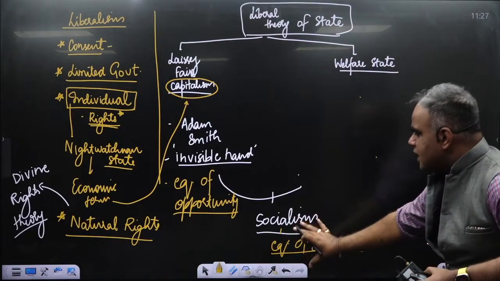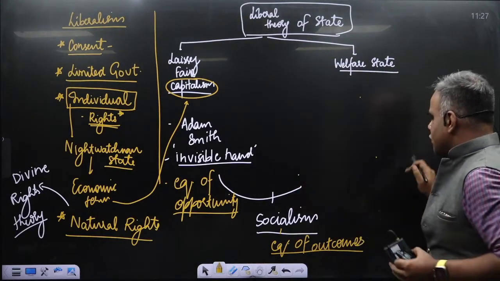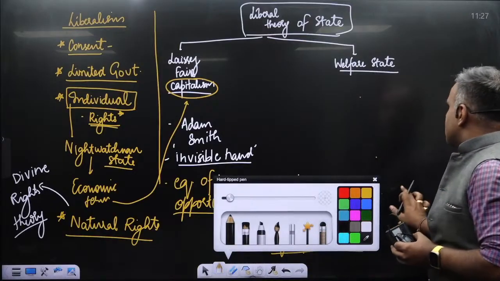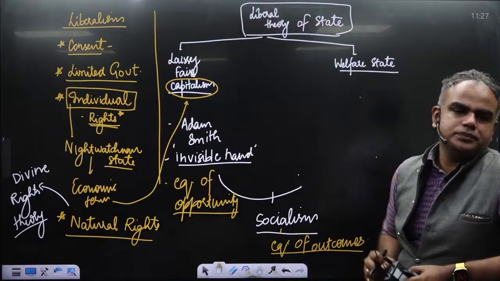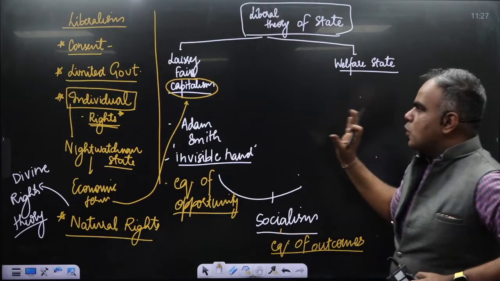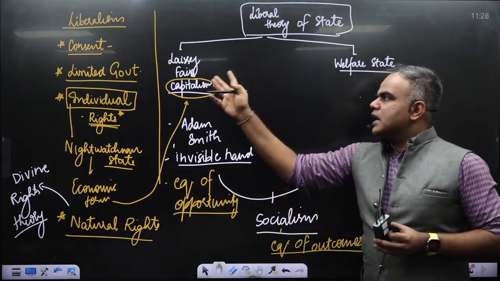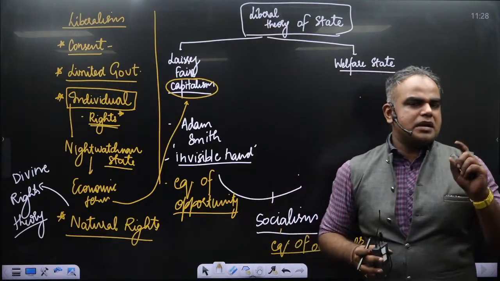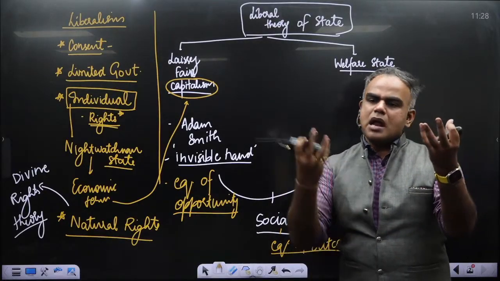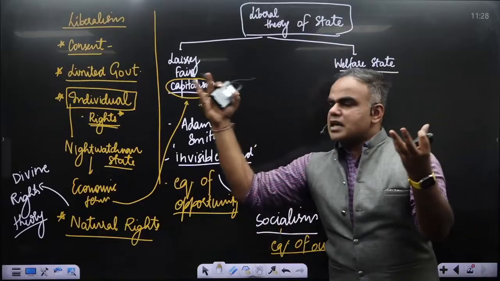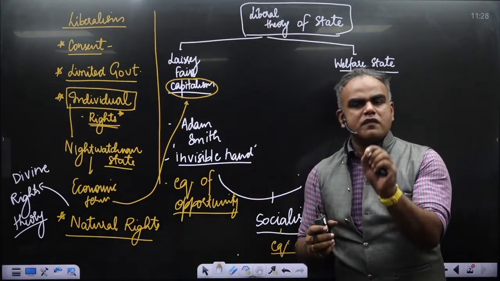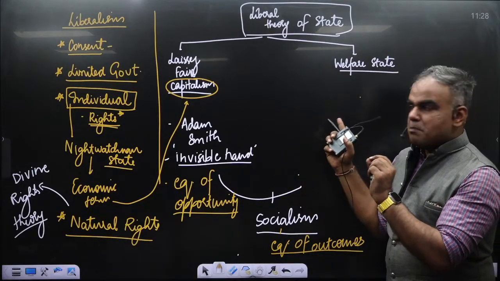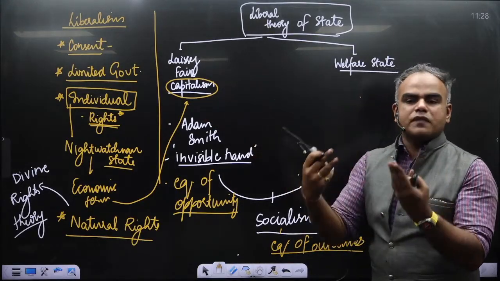Now, seeing this change and this backlash, we would see the rise of the welfare state. Now in the welfare state, this is what you will always see. Normally in liberalism, ultimately the fight is how much individual and how much state. In classical liberalism, you have maximum liberty given to the individual and a very small, very limited role to the state. But because of this, there is a rise of inequalities.